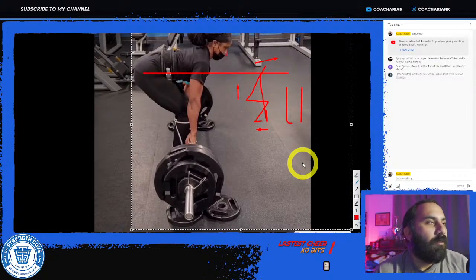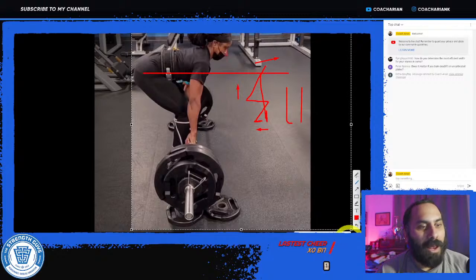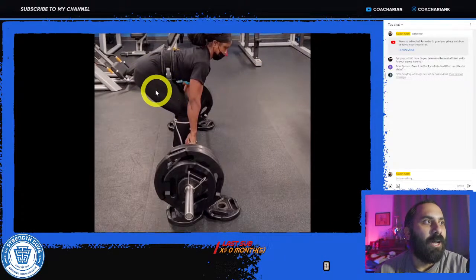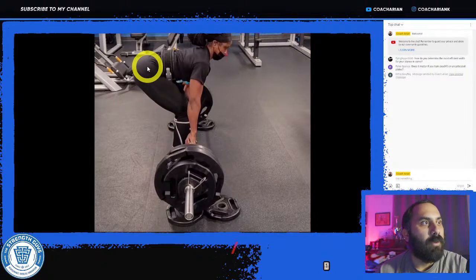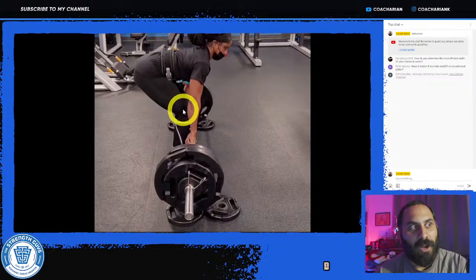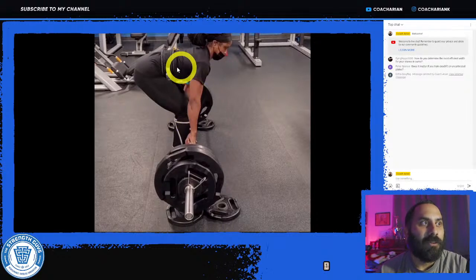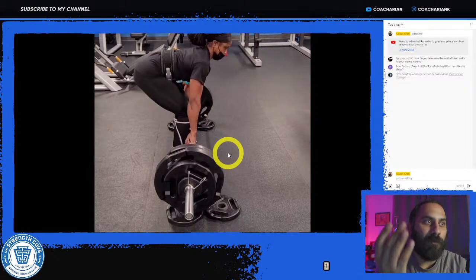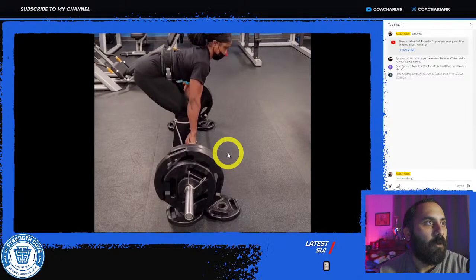So it's not anything bad to have this kind of position here, depending on how you're built. Chanel has some longer legs here, so the hips end up being higher. She doesn't necessarily have super long arms to lock out down by the kneecaps, so she has to bend over more to actually reach down and grab the bar. If she had some longer arms, then she wouldn't have to reach down as far to grab the bar.